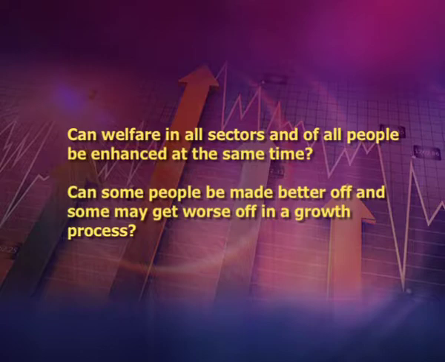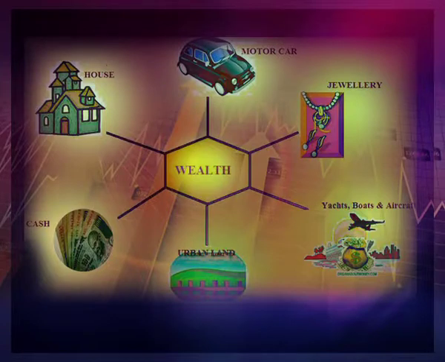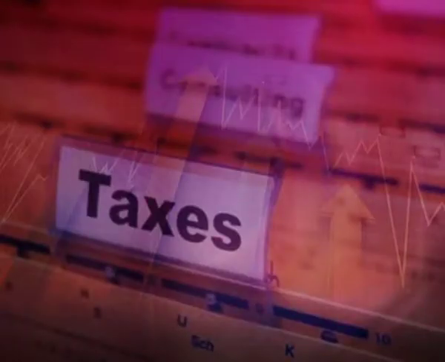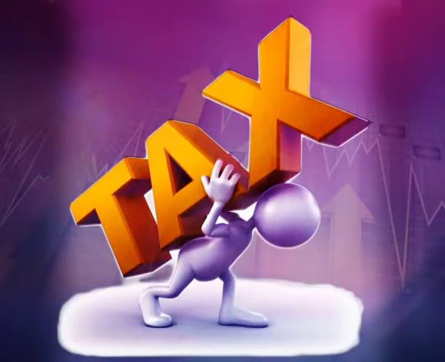The answer is yes. Some people can get better off and some may get worse off in the process of distribution. However, priorities must be identified and the priority areas, the priority segments of population must be made better off. Sometimes, if some areas are made better off, they will trigger development of other sectors. For example, when richer sections are taxed higher in different ways, then their welfare reduces. But with the increased tax revenues, the state can create more infrastructures which can subsequently enhance the welfare of all people and sectors.